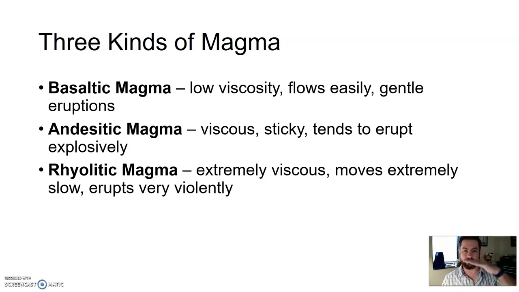So think about it. If this is the surface of the Earth and you have some basaltic magma, it's very runny. When it gets to the surface, it just kind of flows out. It's very runny like water. Whereas andesitic magma is very sticky. It moves very slowly. It builds up pressure. It moves so slow it's sticky. It builds up pressure until